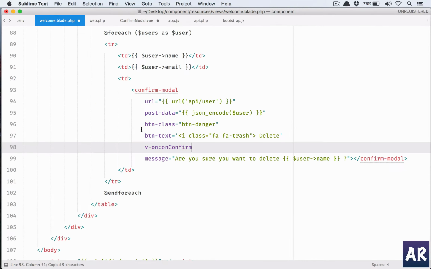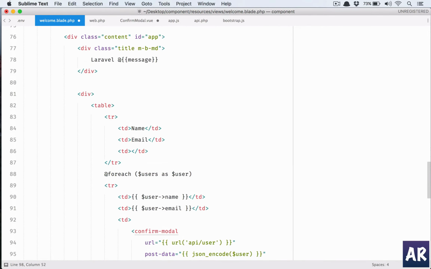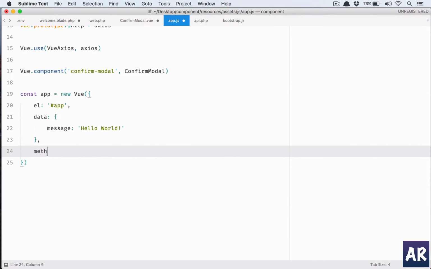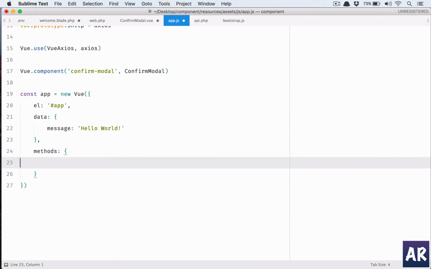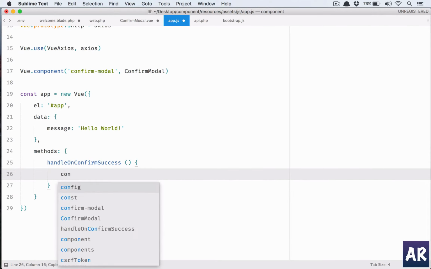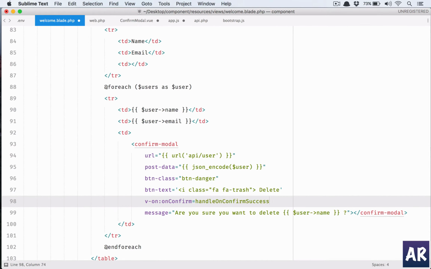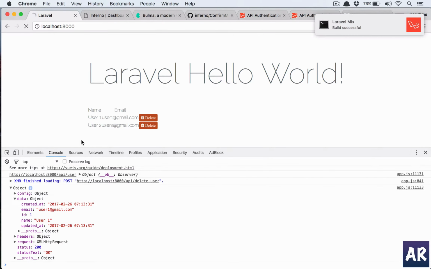On confirm equals, why don't we have a method in our base application? For now, I'm just giving an example, handle on confirm success,